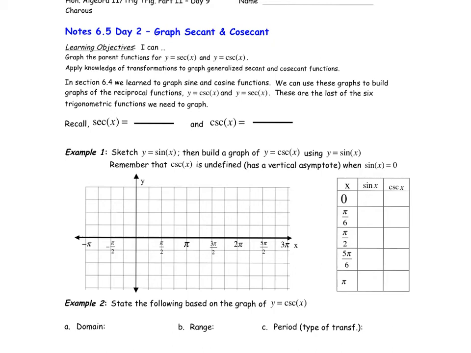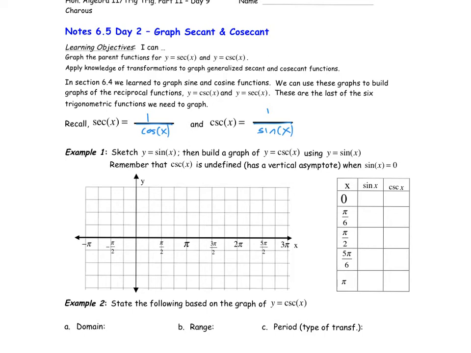In note 6.5 day 2, we're going to learn to graph secant and cosecant. We'll begin by building the parent functions, and then we'll graph general secant and cosecant functions. So remember that secant x is 1 over cosine x from the reciprocal identities, and cosecant x is 1 over sine x, and we can use these identities to help us build the graphs of the last two of the